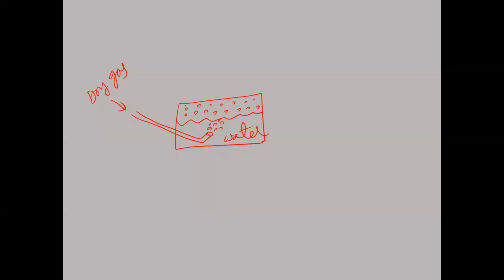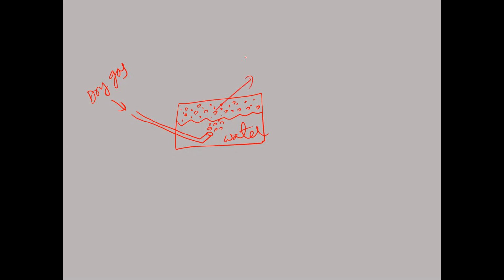So in this diagram, we are passing dry gas through this tube. The dry gas enters into the water. Already above the water surface, there is water vapor. Now this dry gas will be collected above the surface of this water. In this, the gas which is passing through the tube is there, and also the gas from the water, meaning the water vapor, is there, and also some gas is coming from the tube.